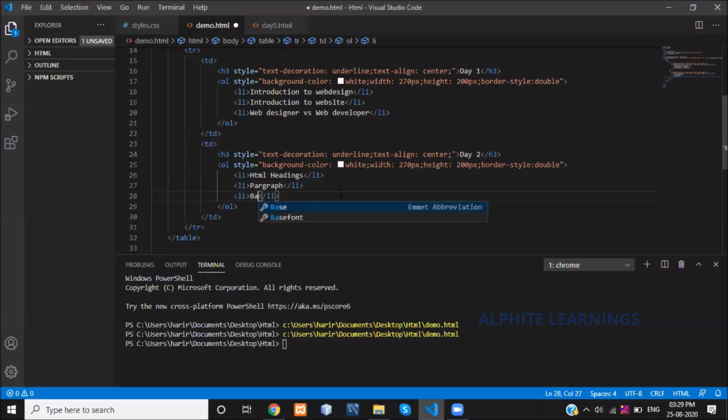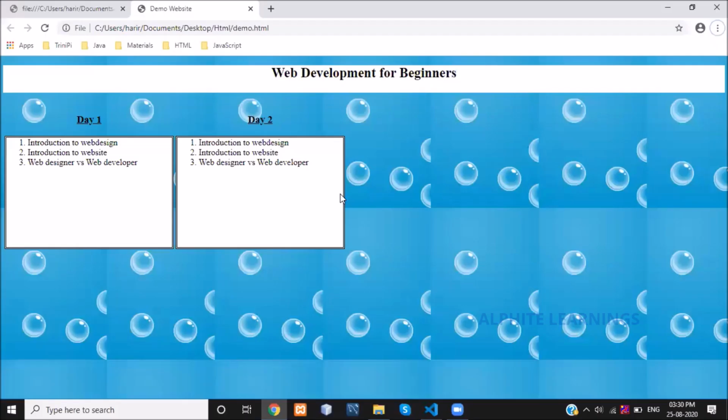I think how to give background color and font family, and how to change the font family. So this is what we have discussed, and that's what is replicated here.